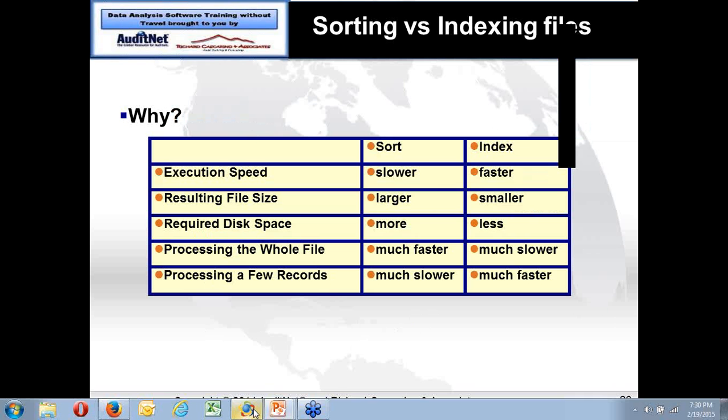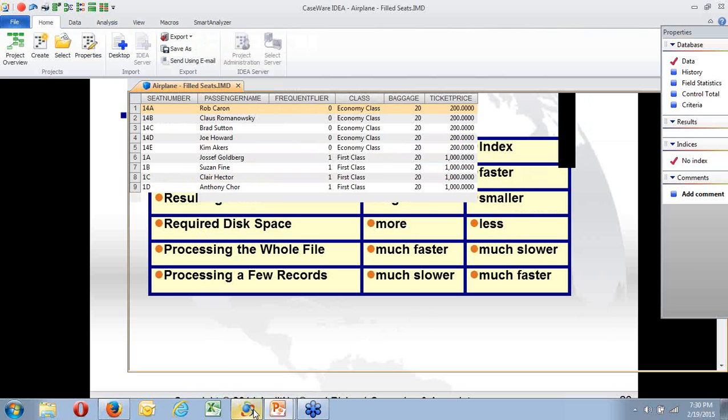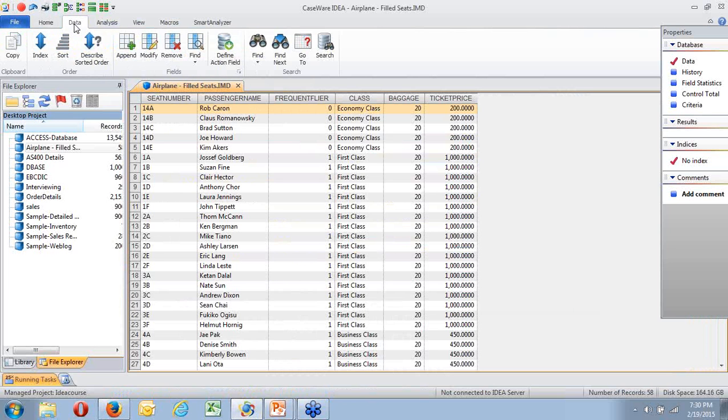Okay. If I want to sort within IDEA, I can take the data and I can sort it. Sorting it will create a brand new database that's physically sorted into that order. Okay, so this is no longer the live database. This is no longer a copy of the database as it is. This is a copy of the database which we have now created in a different order. Okay, and I can describe what sorted order I want, the inherent order, etc.